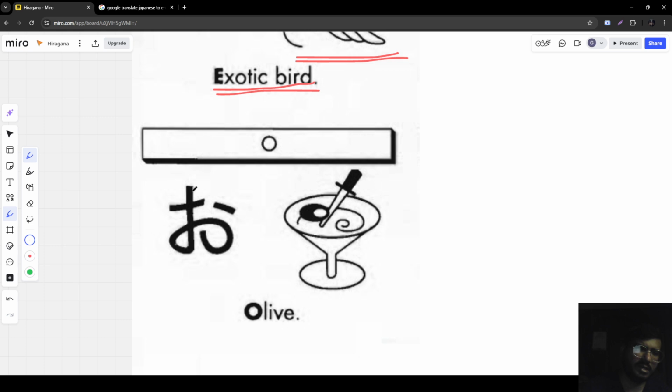The best way is to either remember it as olive, right? So how would you remember it? So this is the olive,